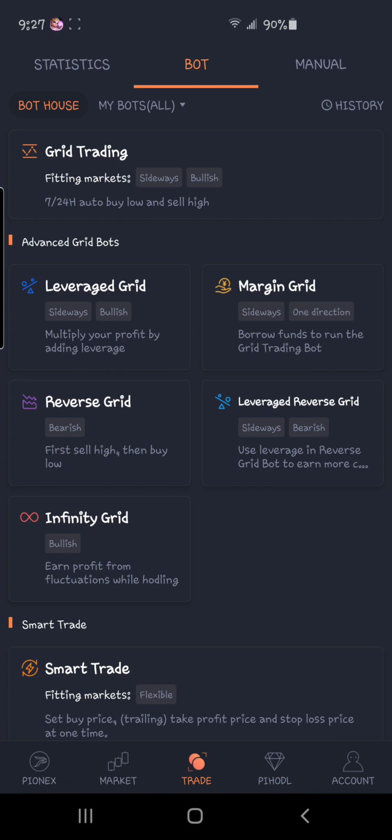So the fewer lines you have, the more profit you're going to make every single time it performs a trade. If the price moves up, it's going to sell. If the price moves down, it's going to buy. So you just pick 2 points on a chart, say, I think the price is going to stay in between here. And as long as it moves more than